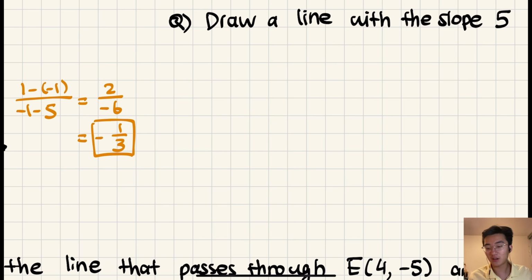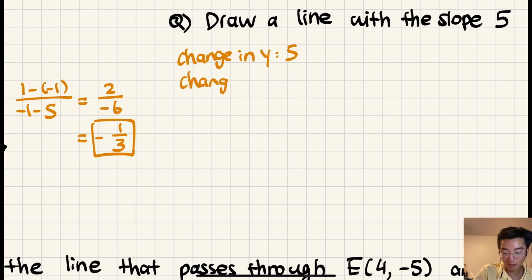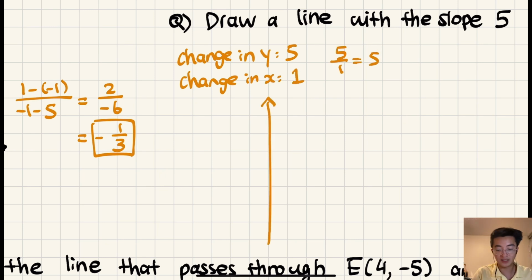you'll find a slope. Okay? Draw a line with a slope of 5. So in this case, 5 would just be 5 over 1. Right? Which means that the change in y is 5, the change in x is 1, right? Because 5 over 1 equals 5,